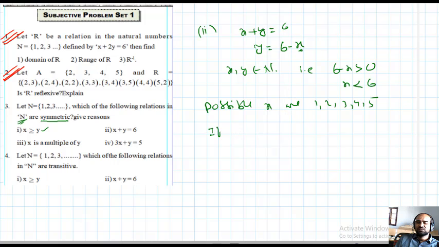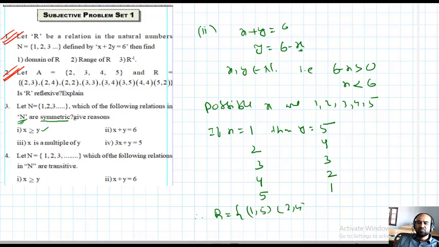If x equals 1, then y equals 6 minus 1, that is 5. X equal to 2, y is 4. X equal to 3, y is 3. X equal to 4, y is 2. X equal to 5, what? 1. That's all. Therefore, the relation R equals (1,5), (2,4), (3,3), (4,2),